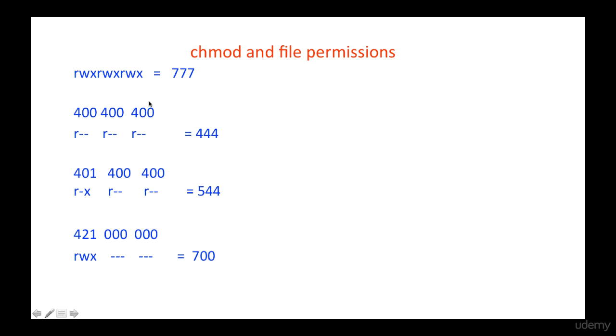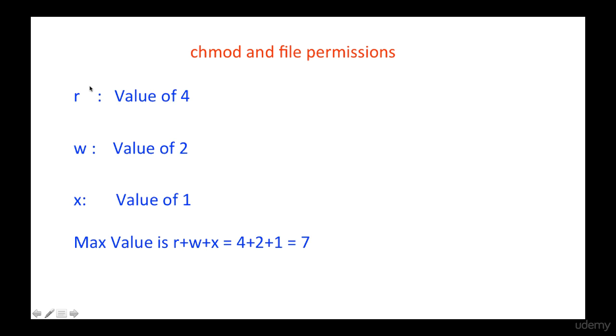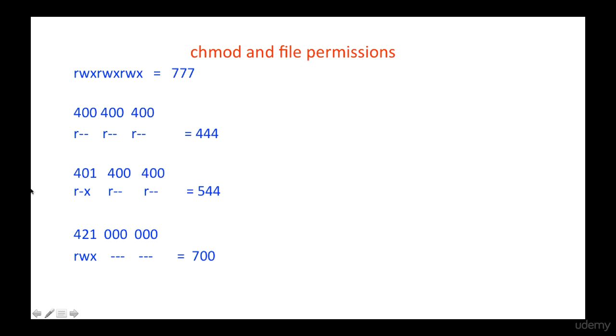Here I am demonstrating the same thing again with a little more clarity. In this particular file, it has only read permissions. R is for read, and the two blanks mean no permission, so the equivalent is 0. Read, as we know from the previous slide, has a value of 4. So this is 400, 400, 400, which means the effective permission, if we want to modify it by the numerical system, would be 444.